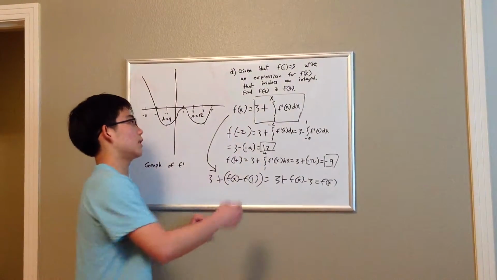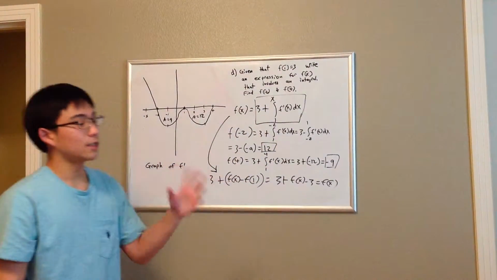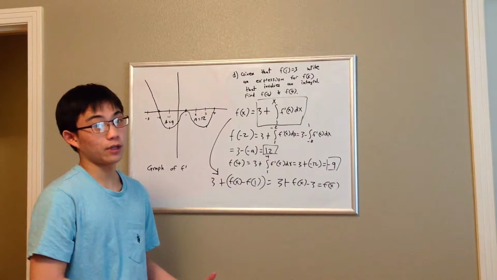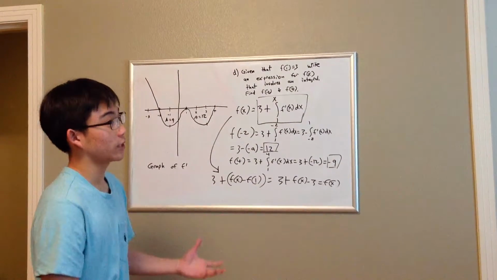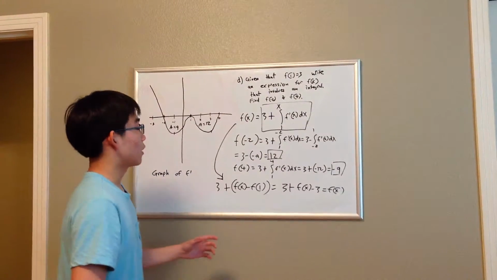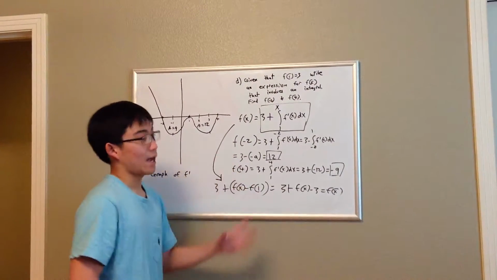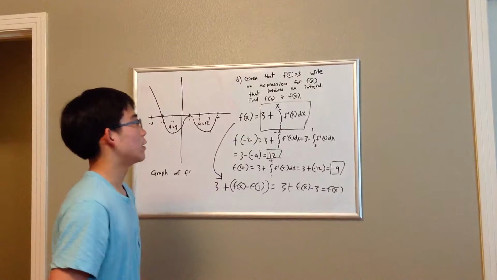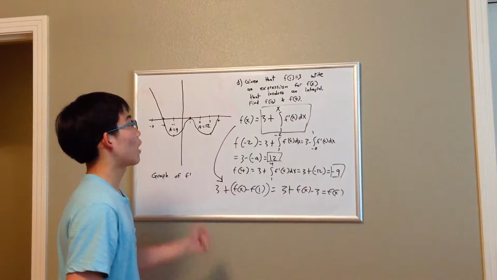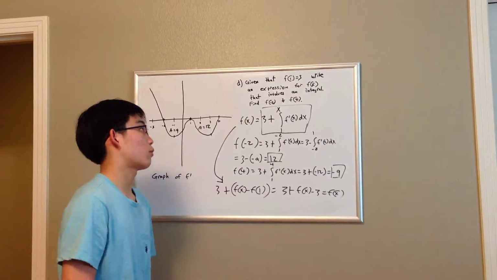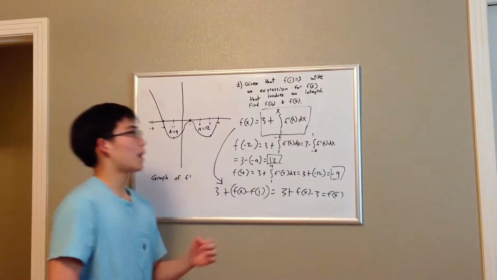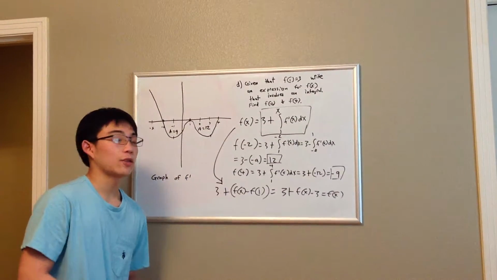So, as you'll notice in the integral, the lower bound isn't 0, it's actually 1. And the reason for this is we don't know what f of 0 is, so we can't account for the initial condition of f of 0, but we can for f of 1. So, we're going to have the integral from 1 to x, and x is there instead of a number because this is supposed to be a generic expression for f of x as an integral of f prime. So, the integral from 1 to x of f prime of x dx will account for the net change